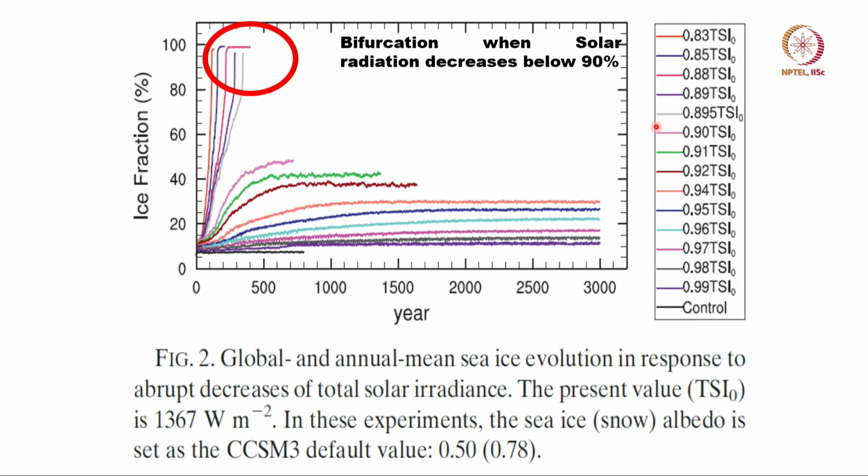Now there are others who have done similar simulations. And here I am showing this only to show you how changes in Earth can be abrupt. As you go on reducing the incoming solar radiation by 1%, 2% and so on, the ice cover increases slowly and you go up to 90% here. In about 700 years, Earth is 50% covered with ice, all ocean covered Earth. But from 90 you go to 89, suddenly it jumps rapidly to 100%.